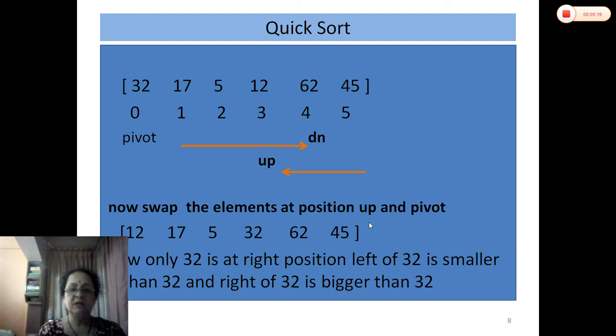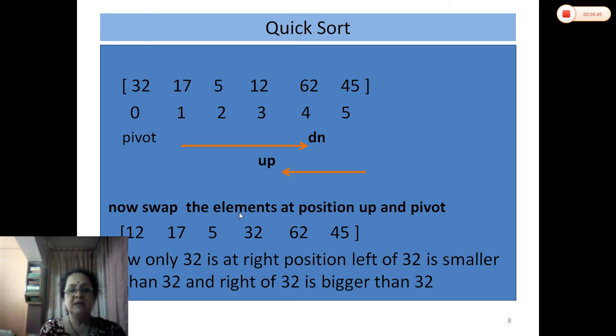So you can clearly see over here that we have started down from position 1 and come up to 4, and we have started up from position 5 and come up to 3. So at this point we are getting down at 4 and up at 3, that is, this is the crossing point of the two elements.